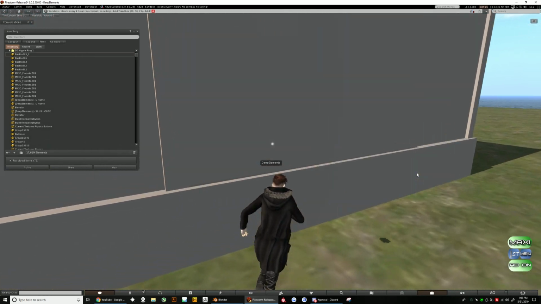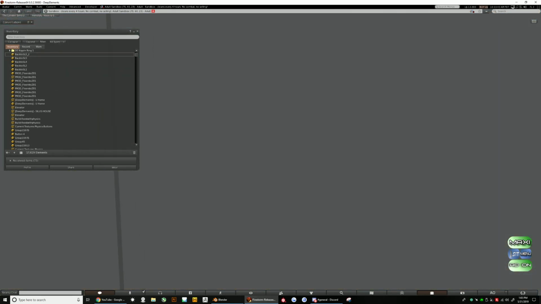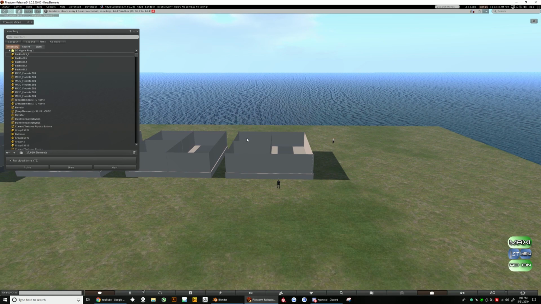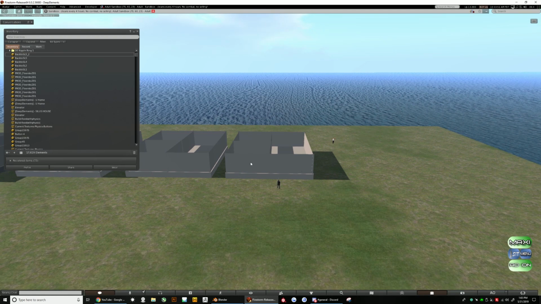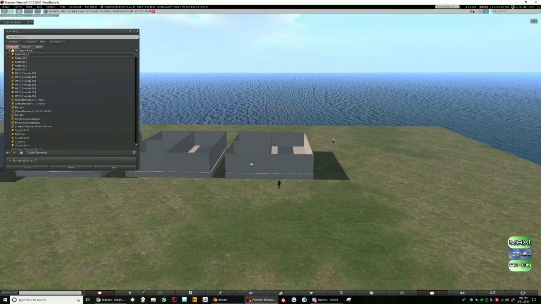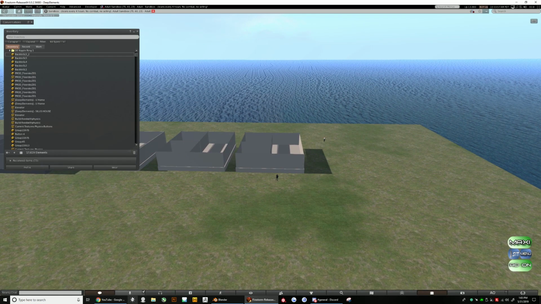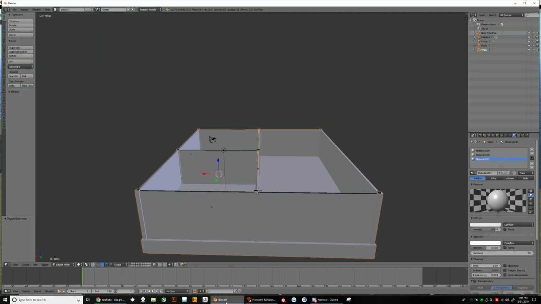But it's how this one is working. You can increase the quality of it if you want and play around and get it so that you can have a better result, but it's going to give you a higher land impact, which we don't want. So I'm showing you how to get a lower land impact. Now I'm going to show you how to get the physics and pretty much keep the land impact exactly the way it is. So we're going to go into Blender,